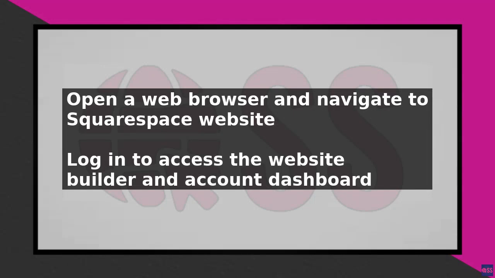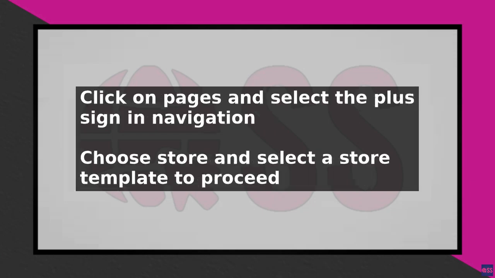To add products to your site on Squarespace, start by opening a web browser and navigating to squarespace.com. Once you've accessed the site, log in to reach the website builder. From the account dashboard, you'll see a menu on the left side with options including Setup Guide, Website, Pages, Styles,